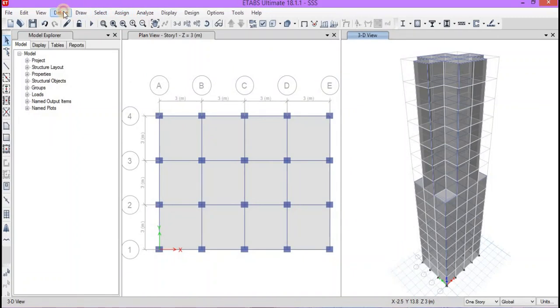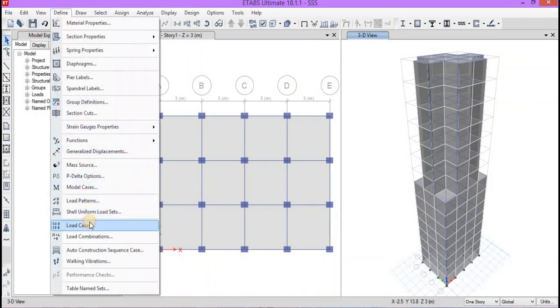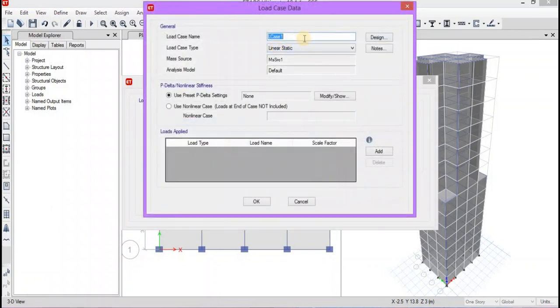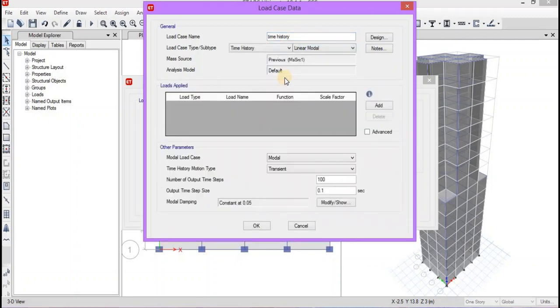So go to define, go to load cases, and what we'll do here, we'll add a new case. Add new case, name the case as time history, load case type as time history, and we'll add the function. Load pattern is date. We'll add acceleration u1.